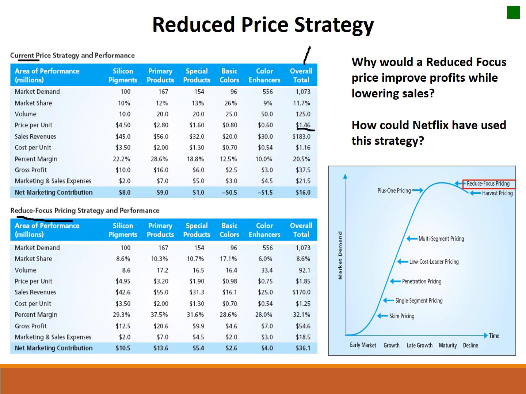In their typical strategy, they charge $1.46, but in their reduced focus strategy, they're charging $1.85 on average per unit. So they're actually increasing their margin by increasing price,